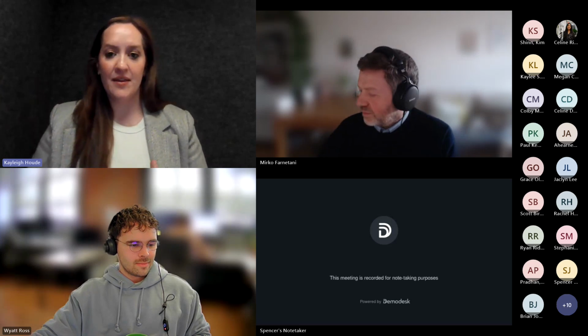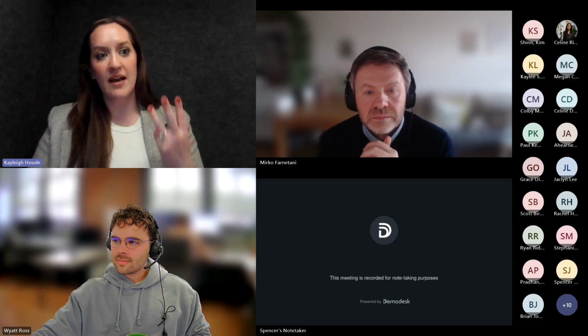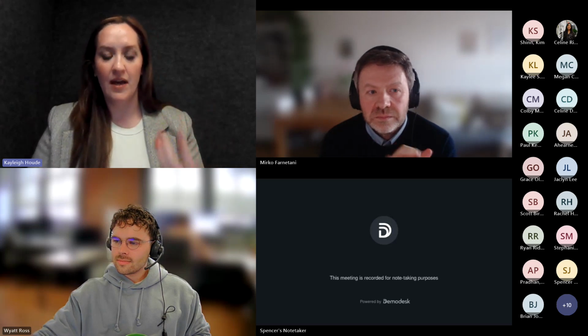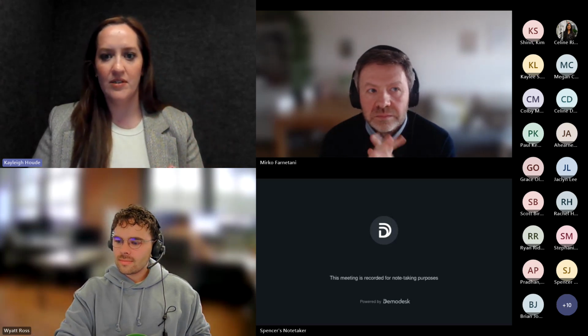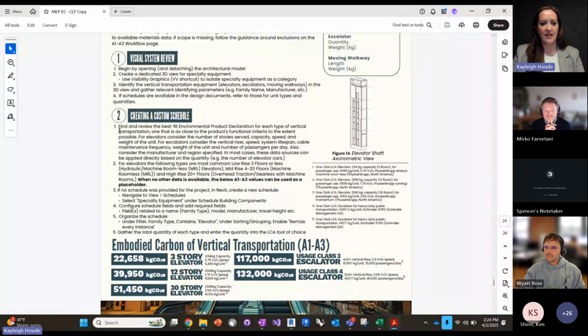So with elevators in particular, you're generally going to have 3 different types of elevators, and this is all referenced within the guide. So I'll actually just bring up this portion of the guide. These couple of paragraphs are really key in terms of parsing out what type of elevator you have.